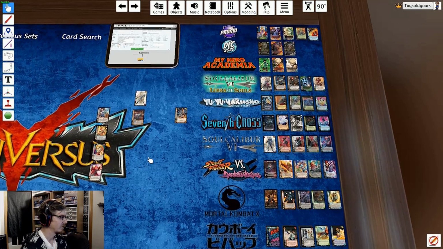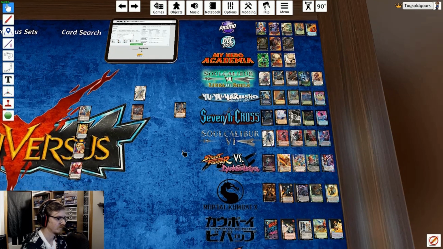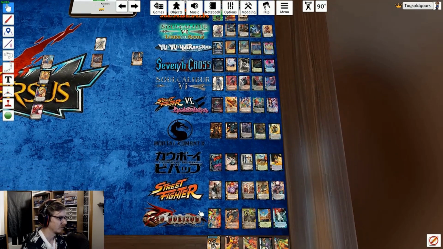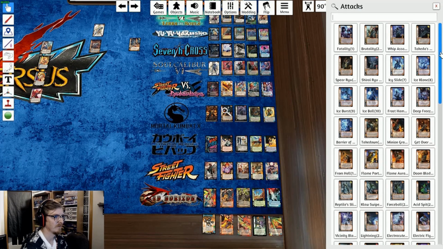So on the right-hand side, we're going to have our evil. On the left-hand side, we're going to have our all. And in the middle, we are going to have our stuff that shares both. Cool? Following along so far? Very good. Okay, now we need to go down to Mortal Kombat to grab...